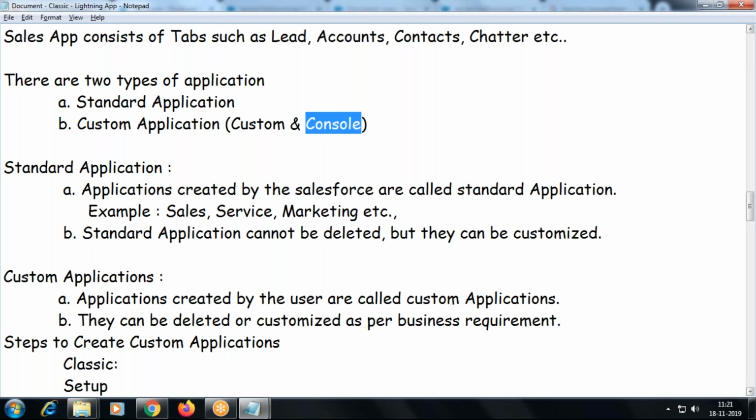The console application was an old type of application. Now that has been replaced with the Lightning one. Okay, we need not spend time understanding the console application, but I'll give a quick demo about how the tabs are arranged. Okay, what is the Salesforce practice? How are they upgrading the application? So when they released the product, they had a console type. Now the console type application is not much used because everyone is going for a Lightning application.